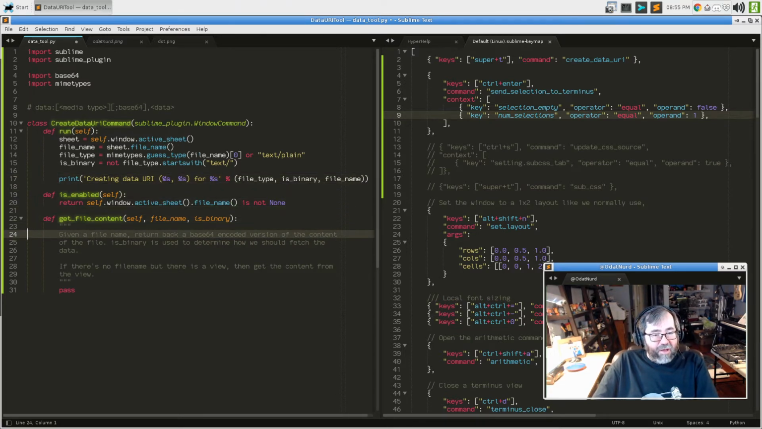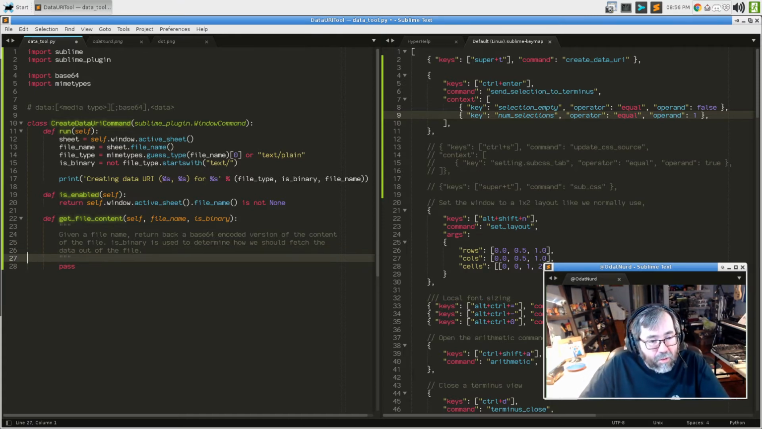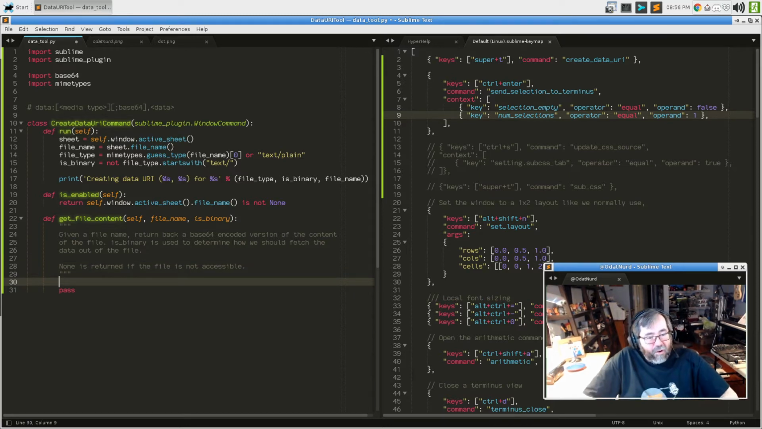We're going to, given a file name, return back a base64 version of the content of the file. Did someone just hear a noise? Was that me? Am I hallucinating? What was that? All right. Is binary is used to determine how we should fetch the data. No, that's not what we want. Well, I guess it kind of is. Out of the file. Yeah. Oh, actually, I suppose we should say None is returned if the file is not accessible. Okay. With that out of the way,